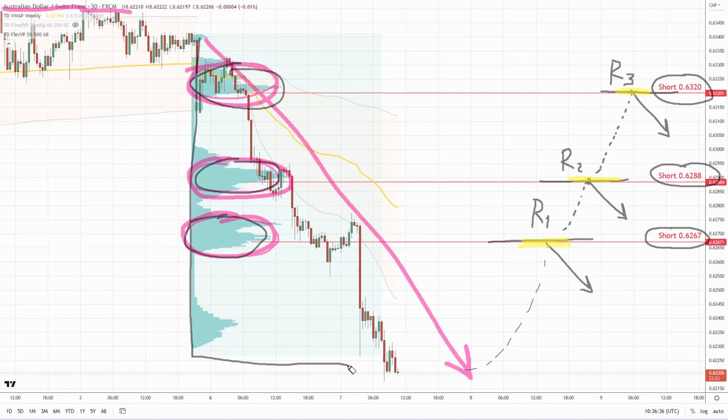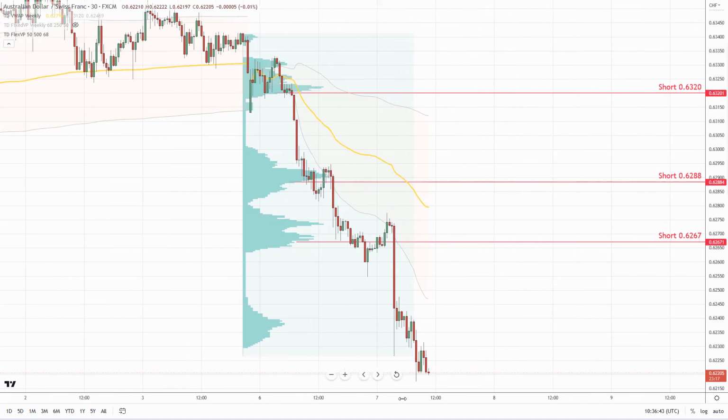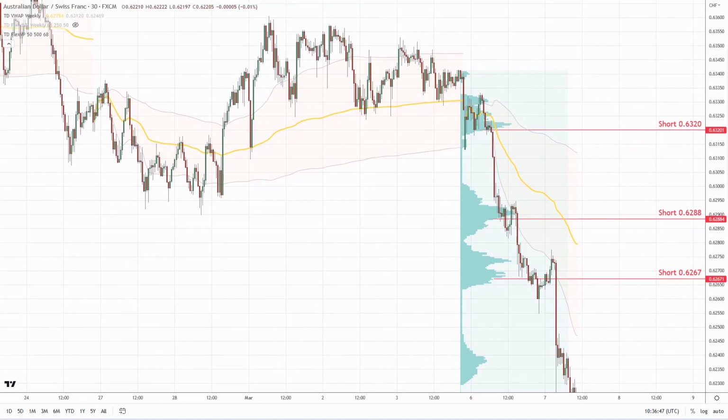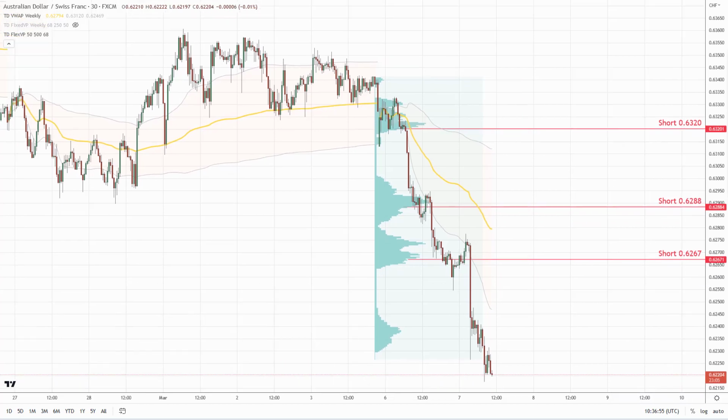Now, I was showing you those volume clusters here on volume profile, but there's more to it. There are a couple of confluences here, confluences with a price action setup. So let me show you. There is no confluence where the first resistance is, but talking about the second resistance in here,